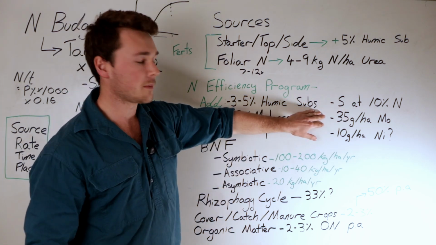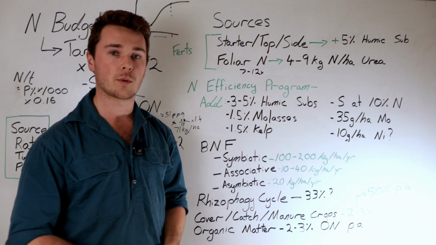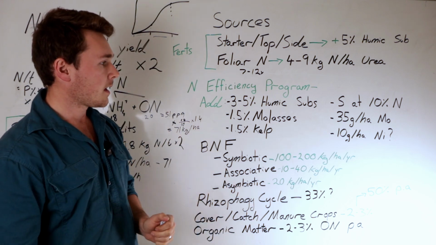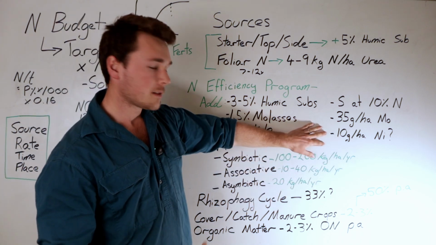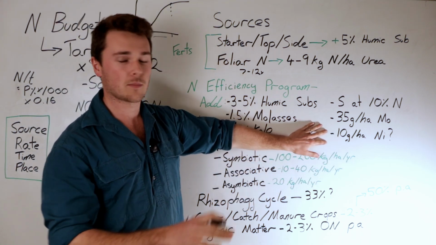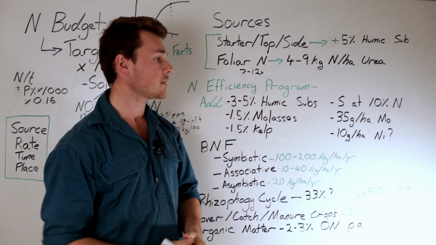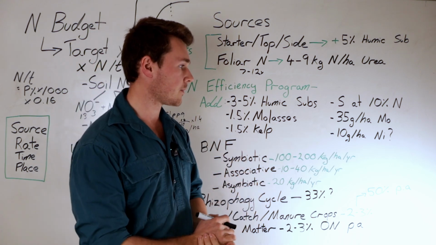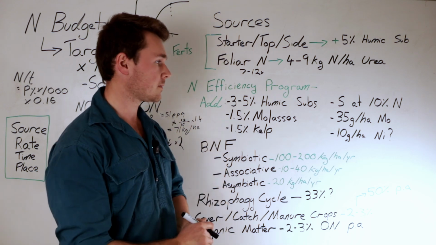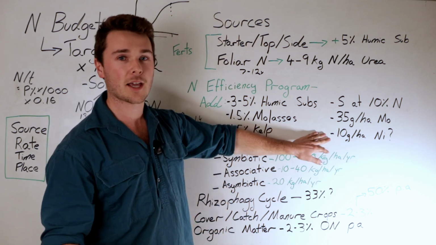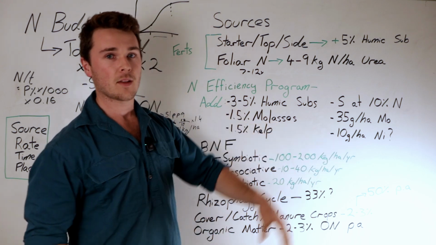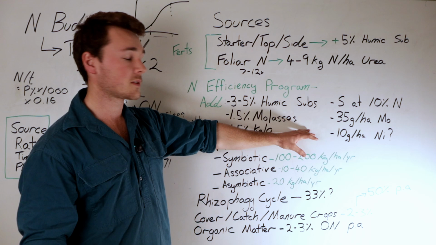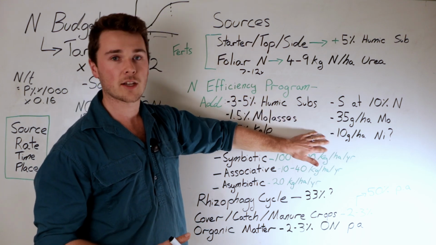And next we want to apply a bit of molybdenum. Again, that's going to help with the conversion of our nitrates into ammonium. And if you want, and depends on your soil test, I'd be quite hesitant about nickel, to be honest. Not because it's bad, but you don't want to have too much on your farm because it's a heavy metal. So the application of that is 10 grams per hectare. I would really want to get a soil test done or a sap test to see the concentrations of that